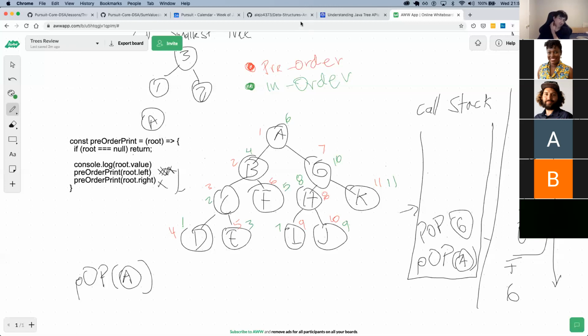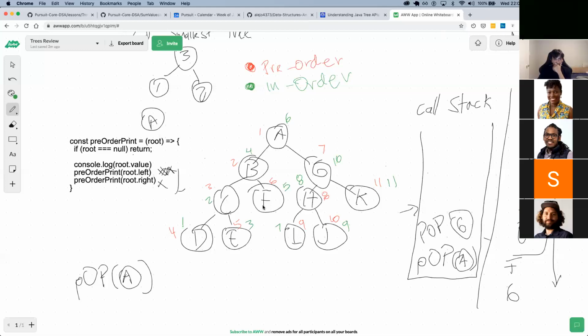Any final questions or thoughts on this? So it doesn't matter if it's pre-order, in-order, post-order, it always starts on the left? Yeah, that's a good observation. Yeah, it always starts on the left. You can start on the right, but you always start on the left. I think somebody just picked, let's go left to right first. You could go on the right, but all of these go on the left first.